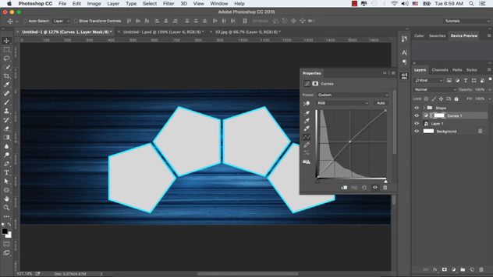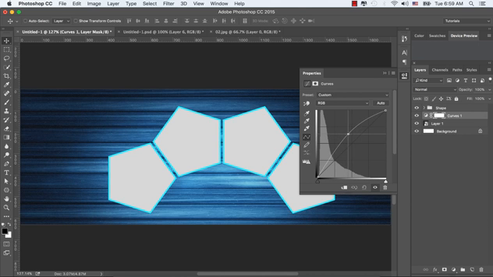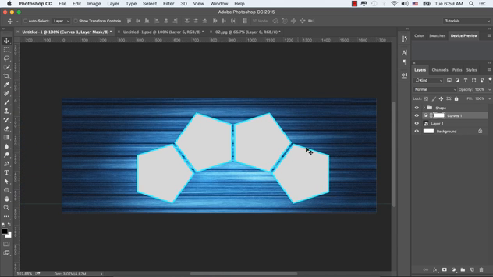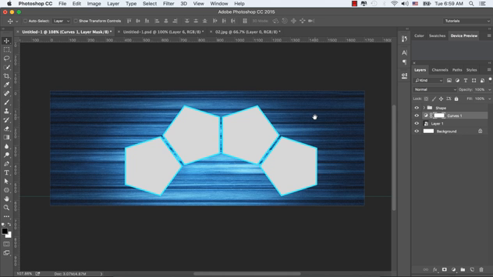And let's select from the adjustment layer icon at the bottom of the layer panel, and let's make some light by changing the diamond of this adjustment layer.